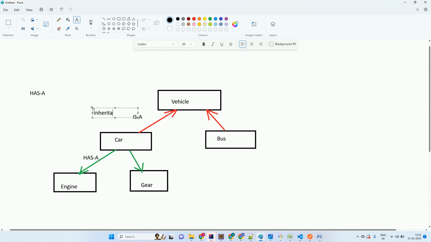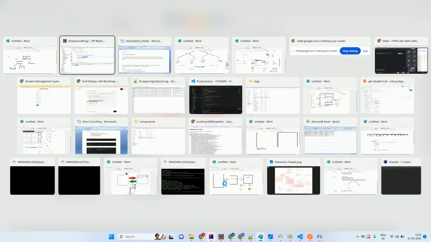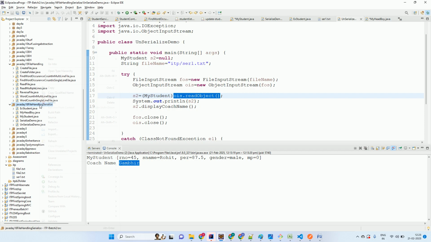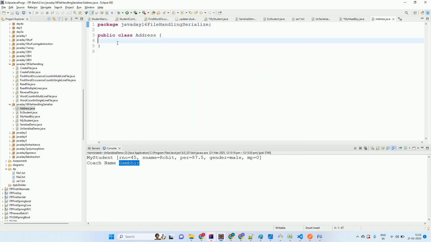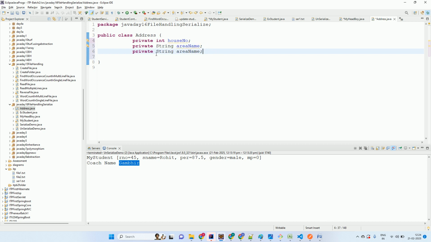और हैज अ क्या होता है, जैसे अभी ये स्टूडेंट है और मैंने एक एड्रेस क्लास बनाई। एड्रेस के अंदर हम लोग ने डाल दिए प्राइवेट इंटीजर हाउस नंबर, प्राइवेट स्ट्रिंग एरिया नेम, प्राइवेट स्ट्रिंग सिटी नेम और प्राइवेट इंट पिन कोड कर दिया। ठीक है। तो बाकी जो भी इसके सेटर गेटर लगाने वो लगा सकते हैं आप लोग।